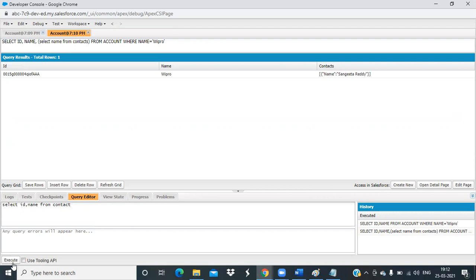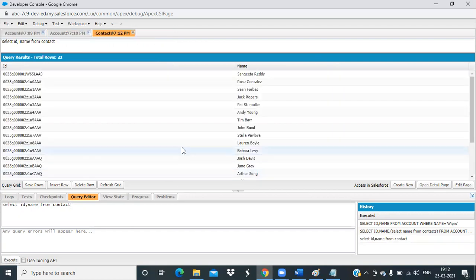So let's execute it. Whatever contacts are there, they are coming. If you want to make it conditional, let's use where name equal to, I'm taking this.